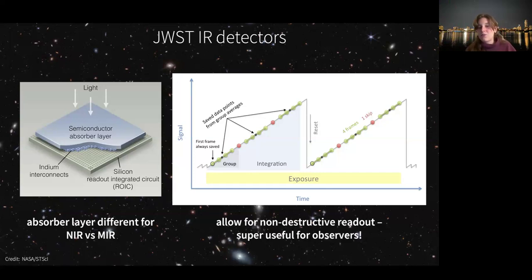The other use case is, for example, if you saturate. If you're observing something and your detector would saturate, in post-processing you could still take the part of the ramp that is non-saturated to actually determine your signal. So all of these engineering decisions really influence the science that we're doing. I wanted to highlight that.